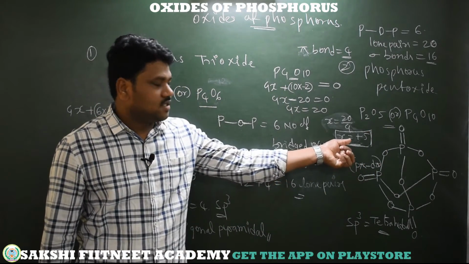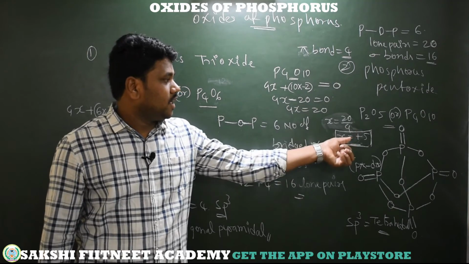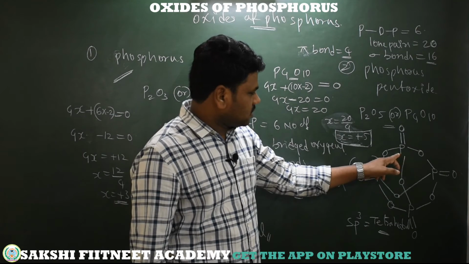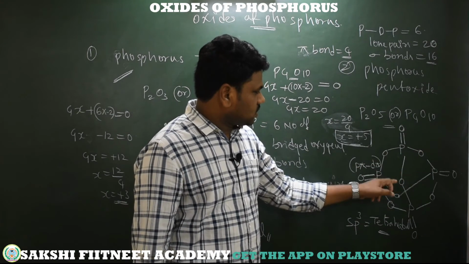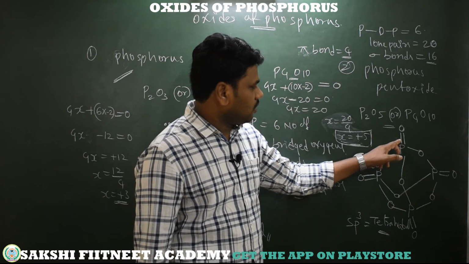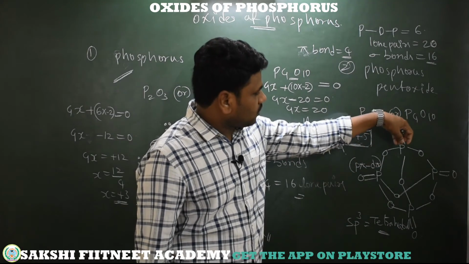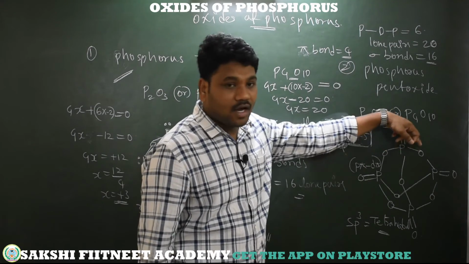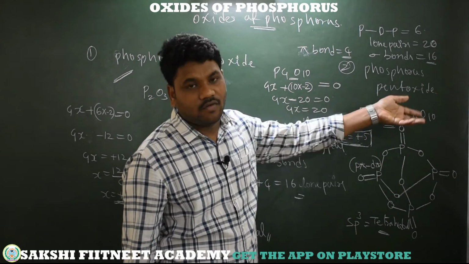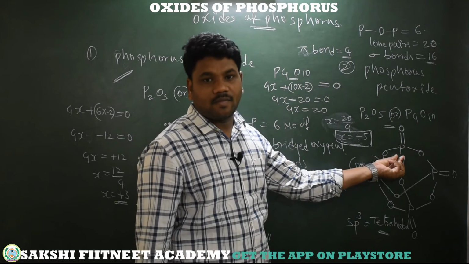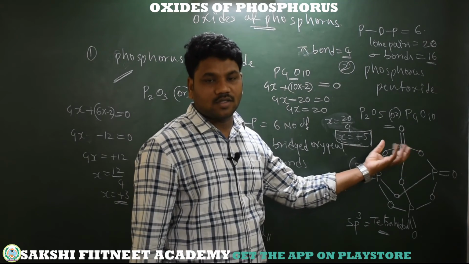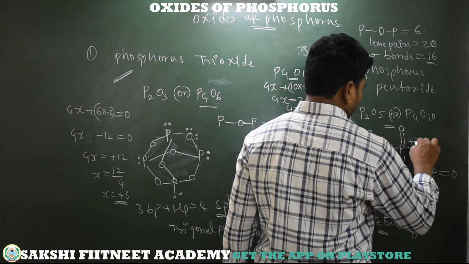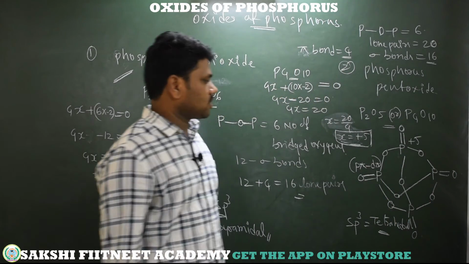So what is the oxidation state of phosphorus in phosphorus pentoxide? It's plus 5. So we will cross check with the structure. See here, each phosphorus is bonded to 3 oxygens which are sigma bonds, and here we have 1 sigma bond and 1 pi bond. That means 2 electrons are utilized with 1 oxygen, and the remaining 3 are with the 3 other oxygens. So overall 5. So phosphorus is giving 5 electrons towards 5 oxygens. That means plus 5 oxidation state. So here each phosphorus gives plus 5 oxidation state.